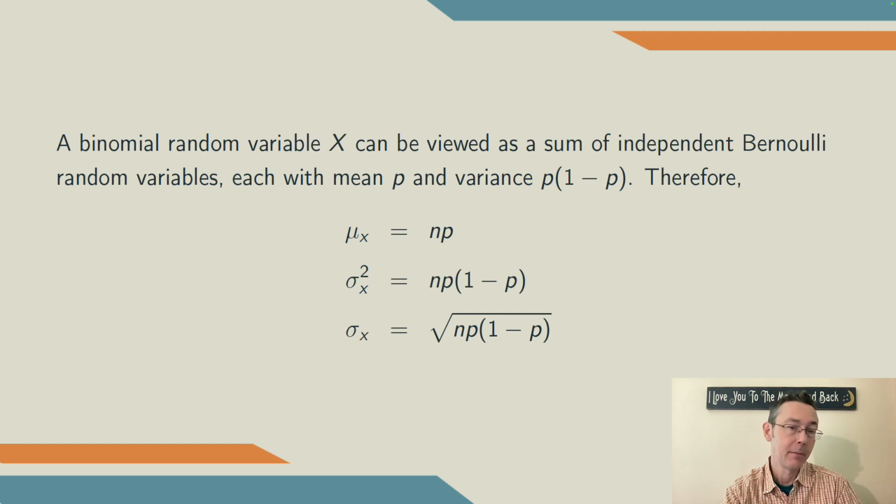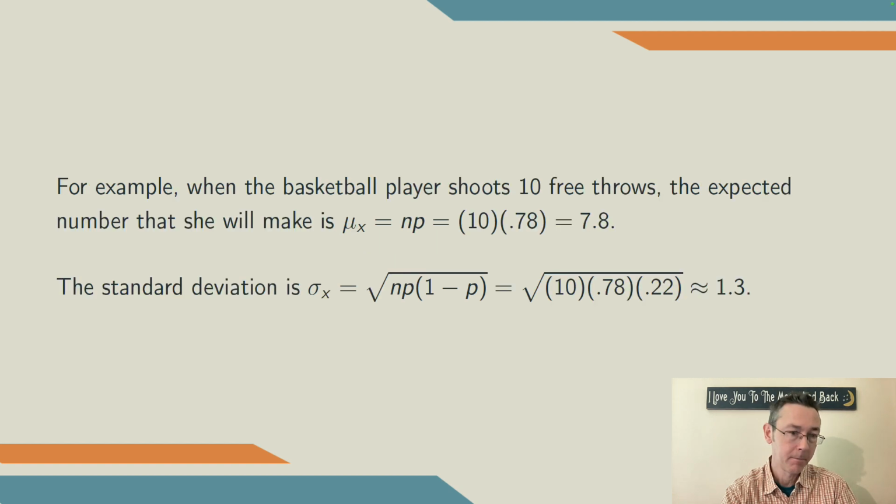The mean is n times p, the variance is n times p times 1 minus p, and the standard deviation is the square root of the variance. I think the formula for expected value here is pretty intuitive. If you have a probability of success p every time and you're trying n times, then the expected number of successes is n times p,